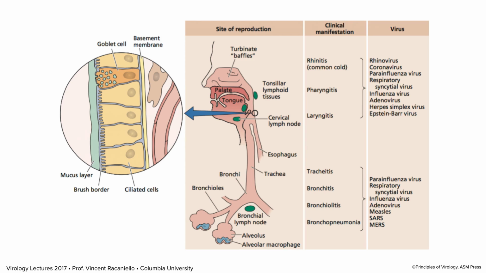We need the air, of course, to survive, but the air is full of viruses, and so we're always taking them in, bringing them deep into our lungs. So the mucociliary elevator is an important way to get rid of them, and other immune defenses as well. There are macrophages down here in the alveoli as well.